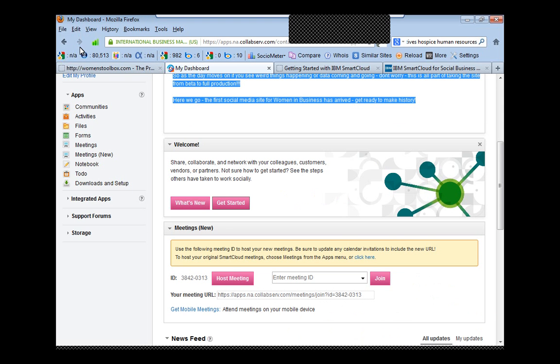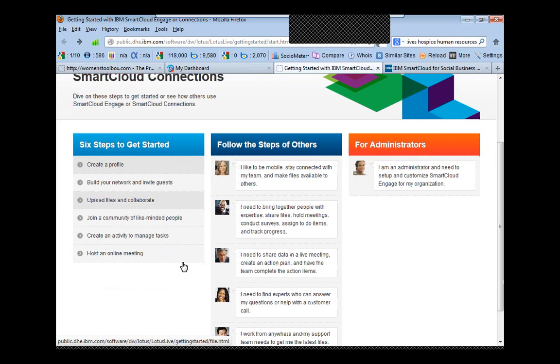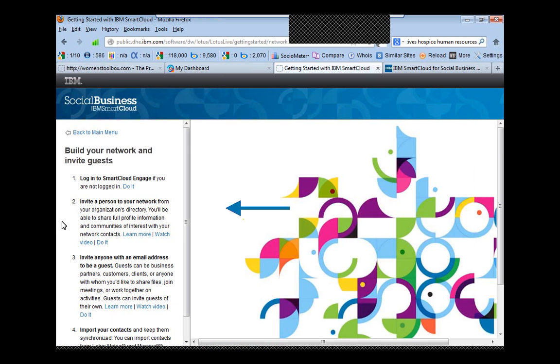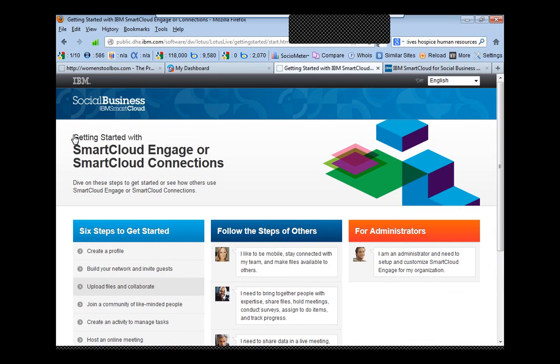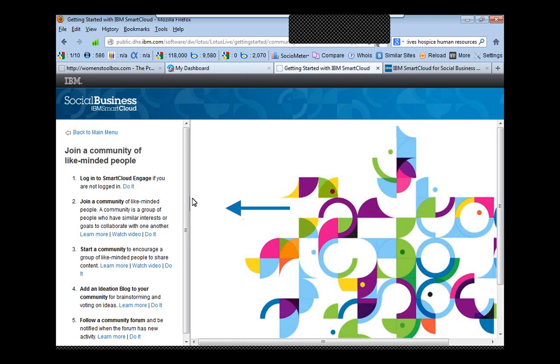Going back to my dashboard. So Get Started is the best place where you can go to find out how to get anything done. And on the Get Started tab, where it says Build Your Network and Invite Guests, this is what I'm going to show you to do today, as well as join a community of like-minded people. Okay? So after this, if you want to go back and read this, this is where you can really get